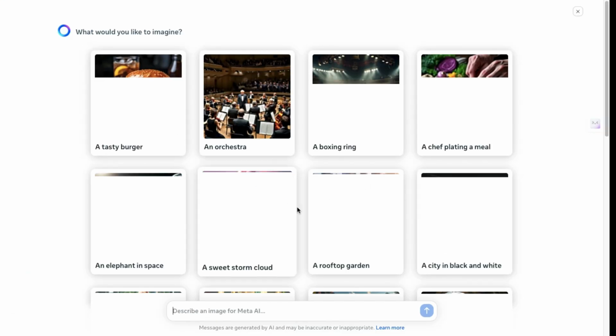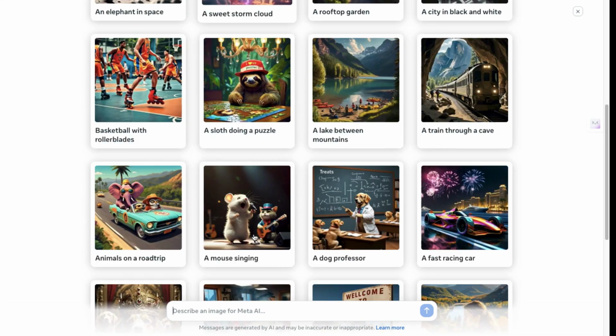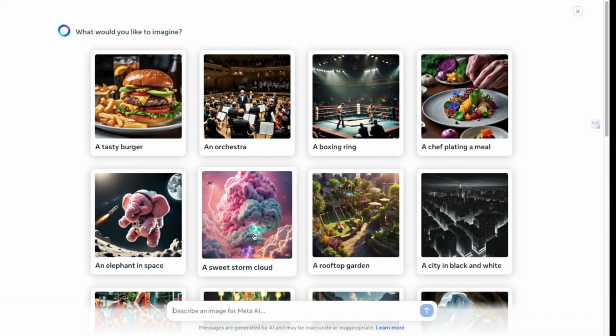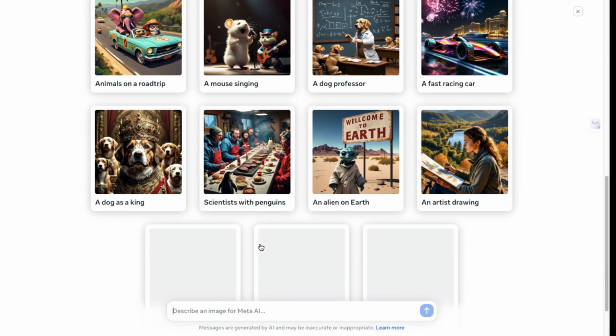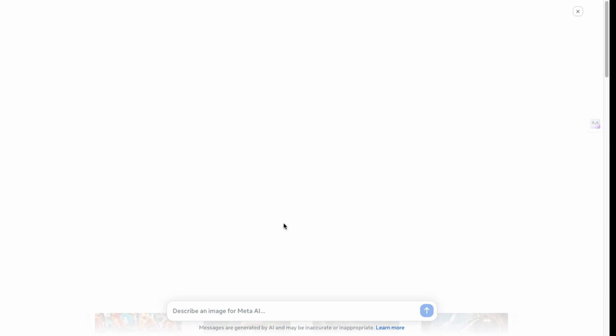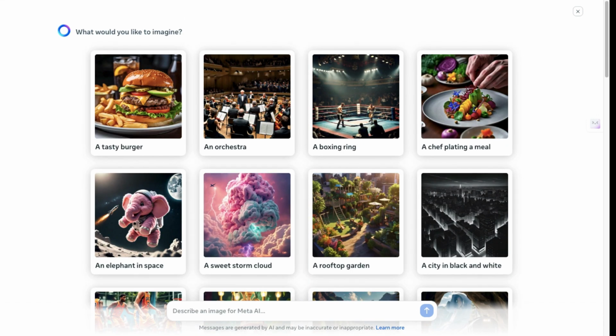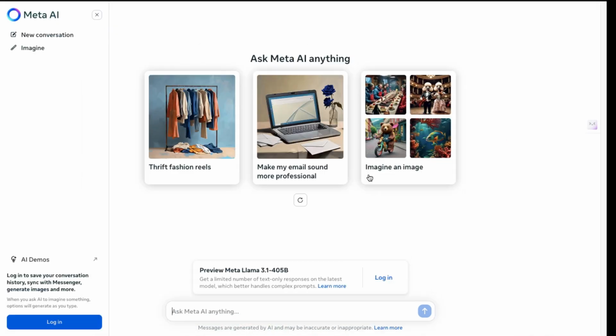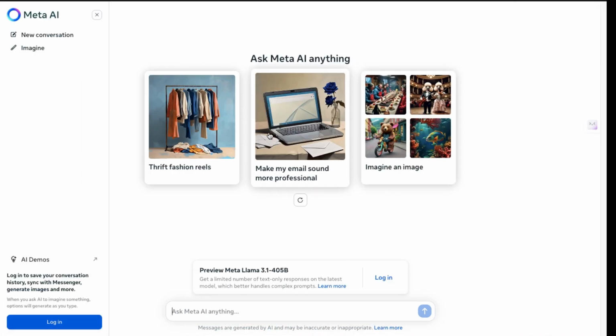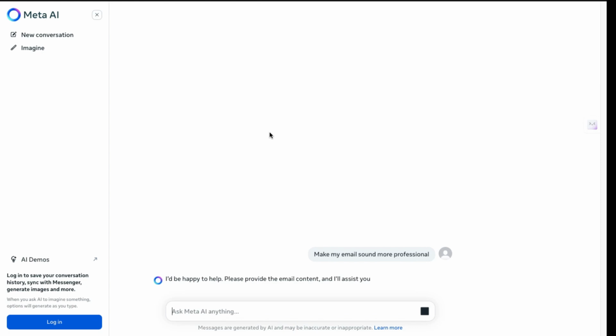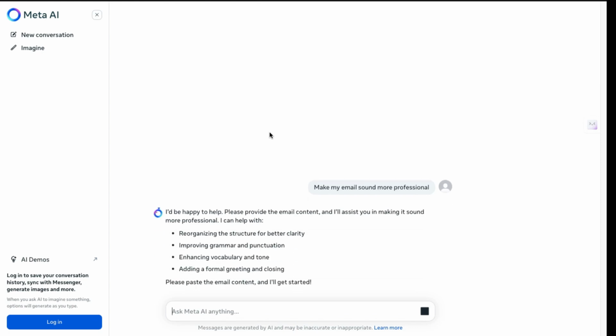Let's explore the features of Meta AI further. As you can see, the interface is user-friendly, and you can start asking questions or generating text right away. I'll show you some of the unique features that Meta didn't explicitly mention, so stay tuned. If you want to have a normal conversation, you can easily do so by clicking on one of the prompts here. However, for this tutorial, I'll be logging in to show you how to use this software.